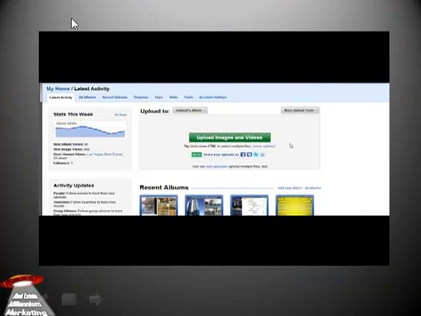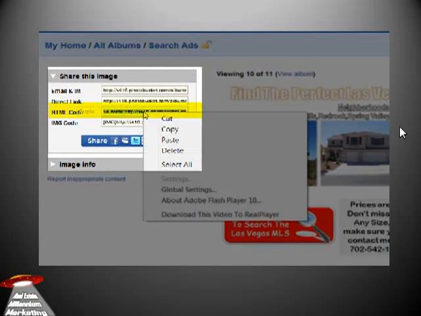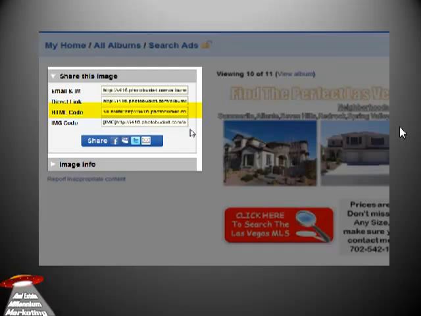Alright, so here we are, and this is the actual video where I'm going to show you how to take the HTML code and swap out your different stuff for it. So pay close attention here. This is real short, real easy. So first of all, you're going to open up your account. This is a Photobucket account that I have open, and I basically have already uploaded the image. Now here's the image. I'm going to grab that HTML code, copy it, make sure you get the whole code,